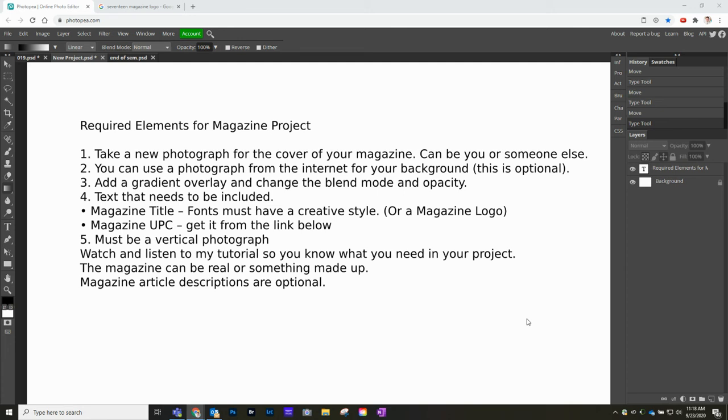All right, guys, this is your magazine project. So let's go over the requirements that you need to have for your magazine project. I want you to take a new photograph for the cover of the magazine. So it could be you or someone else, but I do want it to be a new photograph, not just